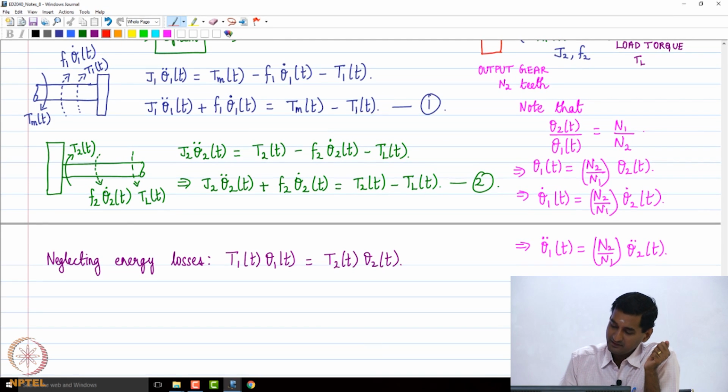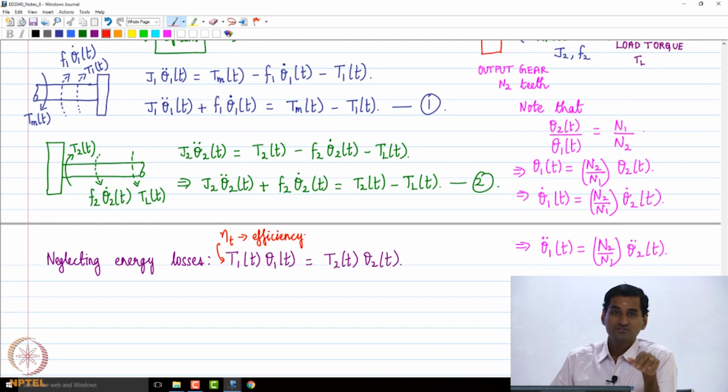Of course, if we want to take into account energy loss, what we can do is multiply here by an efficiency term, a transmission efficiency. Because there is going to be some energy dissipation at the gear interface due to friction and so on. So it is not perfect. We may have some frictional losses, but for the time being